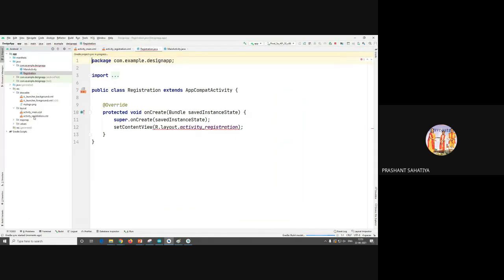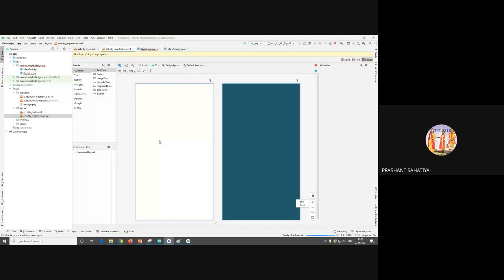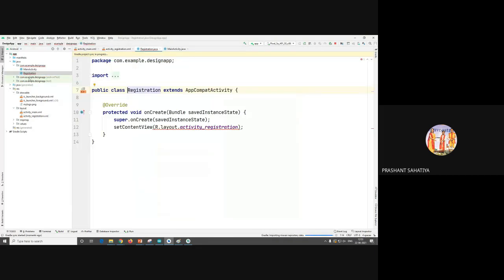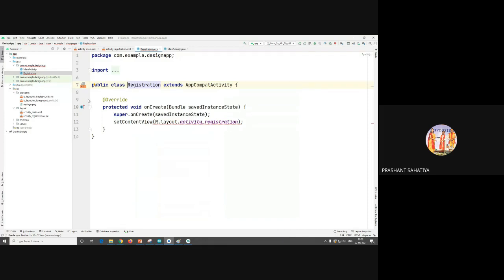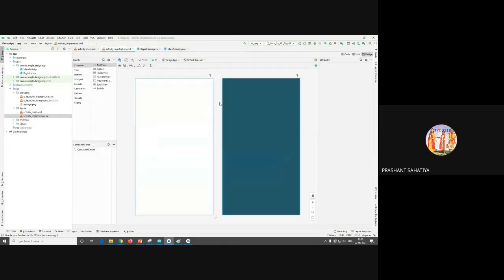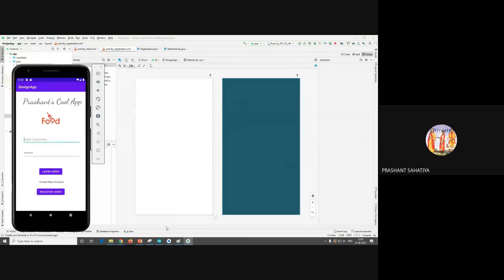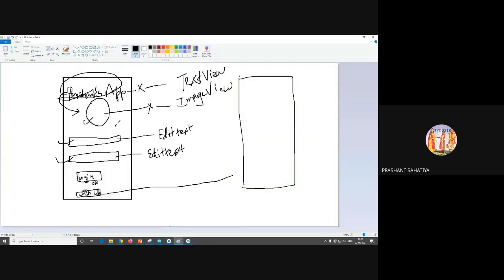So see, we are having one XML with us, that is registration. Now this is the second screen you are having, and there is a Java file of it. Each and every XML will be connected with a Java file. And what is this connected to? It is connected to activity registration XML. That is this one. So we'll be designing over here. Okay, fine. Ultimately we have to connect those portions. Ultimately you should be going from here to here, and you should be going to here and here. That is what the target is of today.